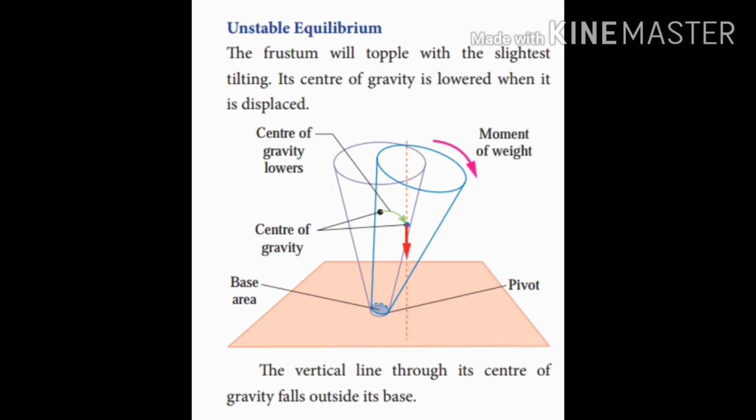For another example, it is the same as the water bottle. In stable equilibrium, we have the water bottle full of water. Here we have the empty water bottle. The empty water bottle is just standing on the table, and if you push it, what happens? It will fall over. So that is known as unstable equilibrium.